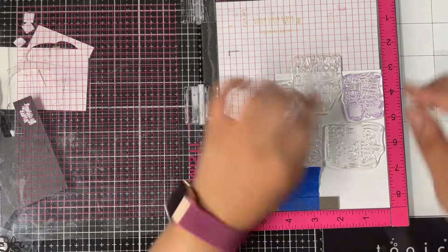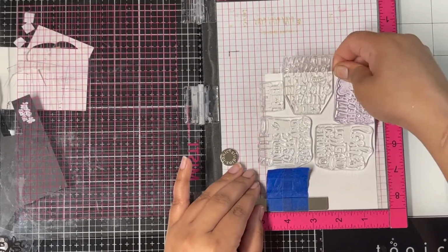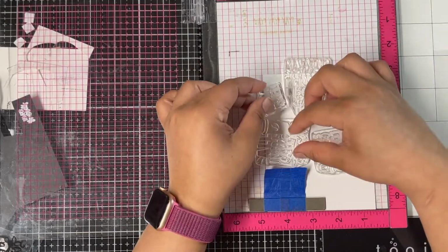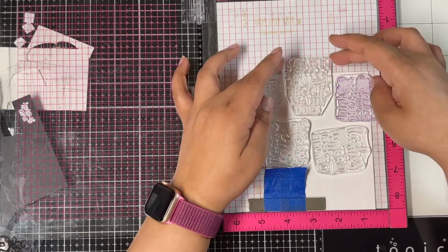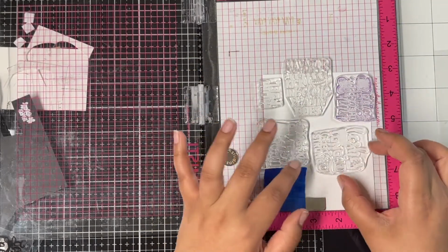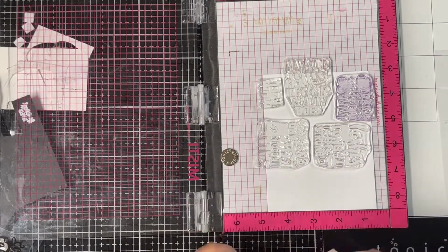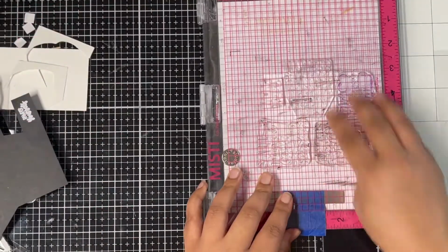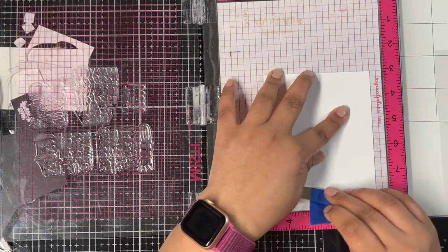So here I'm just lining up the sentiment stamps and creating a pattern to go on my background. I'm using 5 of the 6 sentiment stamps from the Drink the Coffee stamp set, and I'm lining them up on my A2 size watercolor cardstock. It's the Holtz watercolor cardstock, as I'm gonna go ahead and heat set these sentiments and then use some watercolor to color the background. So once I'm happy with how my images look, I'll go ahead and close the MISTI